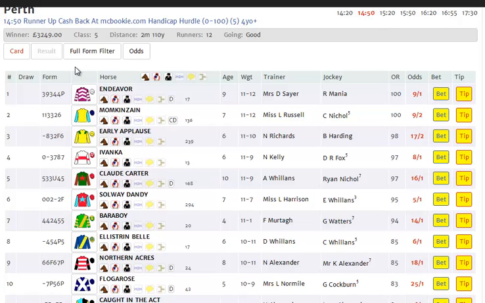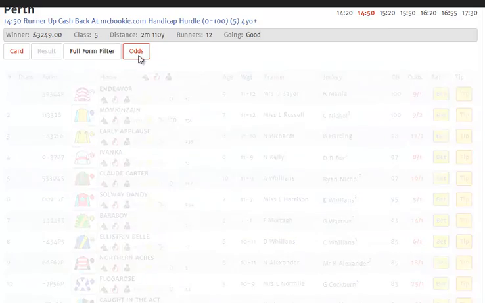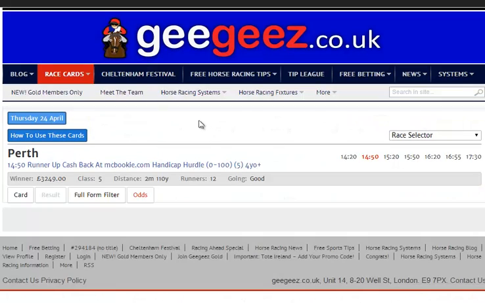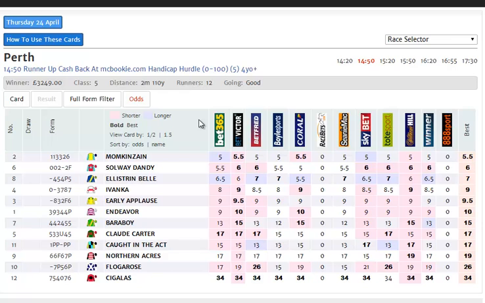In this video I want to show you not just the race cards but the other tabs to which you have access. So once the race has been run, you'll be able to check the full result on the result tab. Obviously I'm recording this video before the race has been run, so I don't know the result. The other 2 tabs available to you are called full form filter and odds. We'll quickly cover off the odds tab, which as the name suggests is a kind of best odds guaranteed tab,